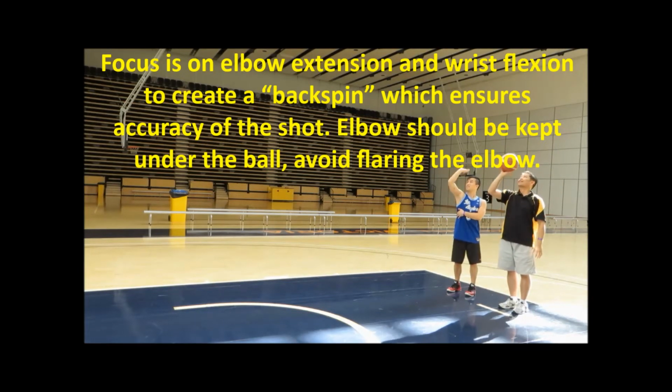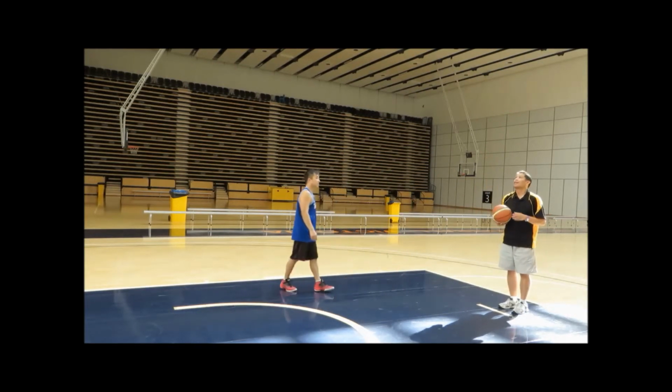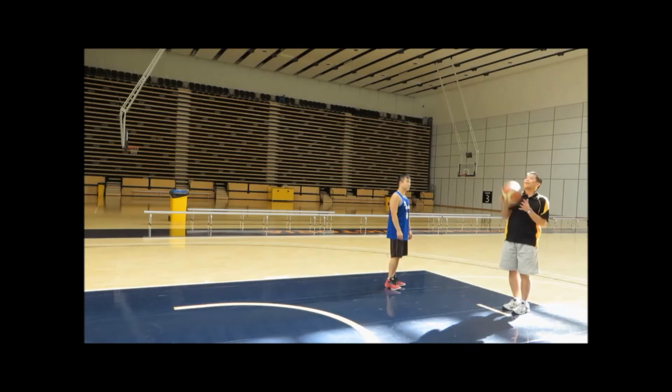Up, extend, and the very last part is that flick. Just think about extending your elbow upwards and flicking your wrist. When you think of the wrist, that's when you...